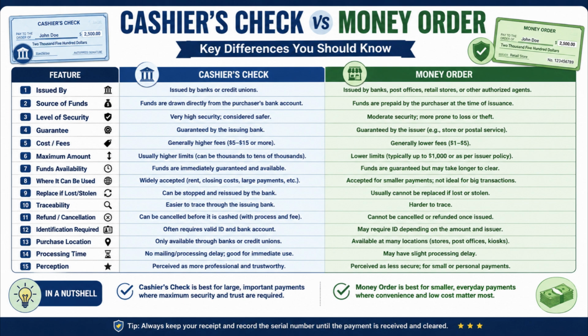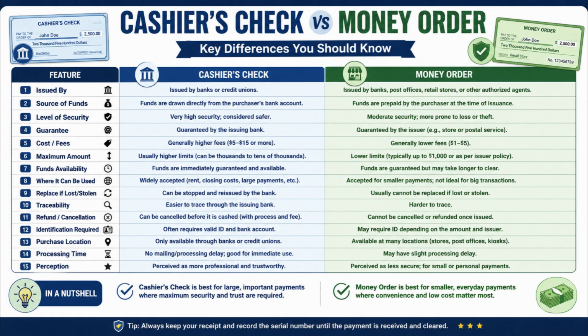Number 5. A cashier's check usually has higher service fees, whereas a money order generally comes with lower fees. Number 6. A cashier's check allows larger payment amounts, whereas a money order usually has lower maximum limits. Number 7. Funds from a cashier's check are immediately guaranteed and available, whereas a money order may take more time